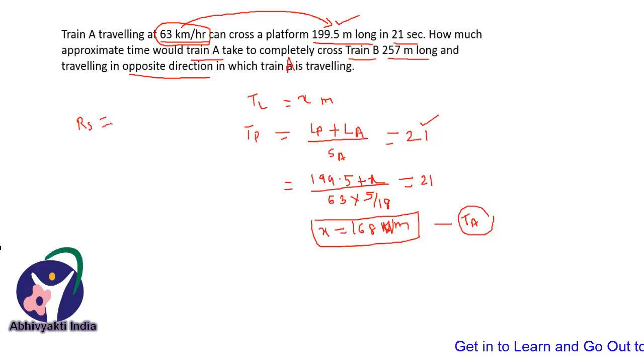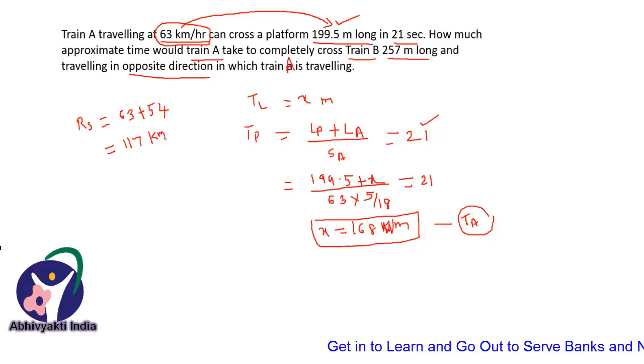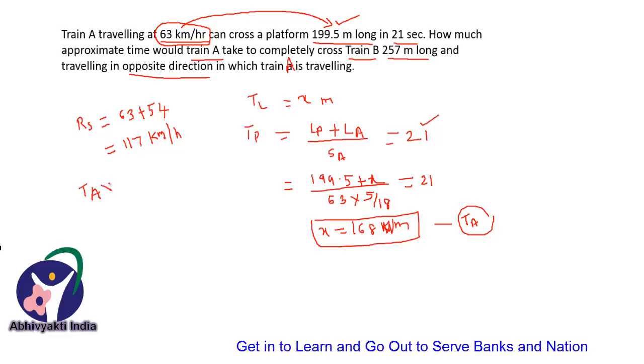So here both trains are moving in the opposite direction, therefore the relative speed of both the trains will be equal to the sum of their individual speeds, that is 63 plus 54, that is equal to 117 km per hour. So the time taken by train A to cross train B